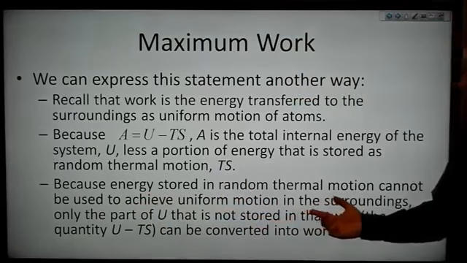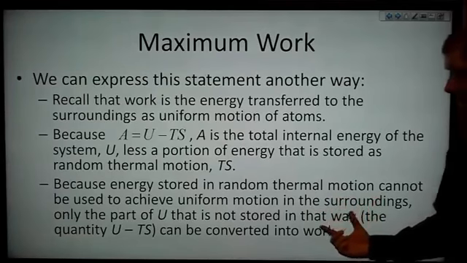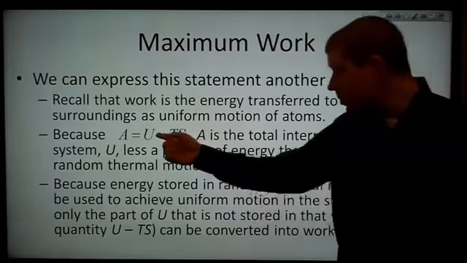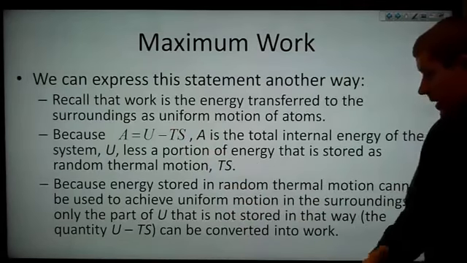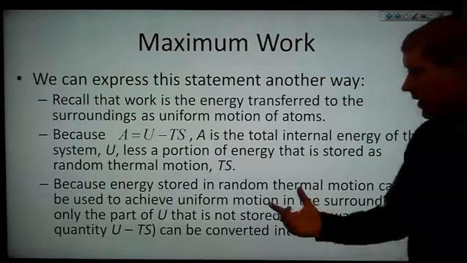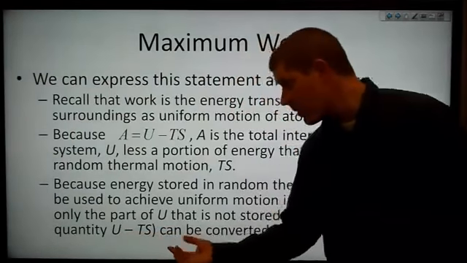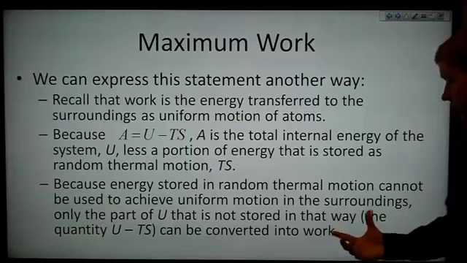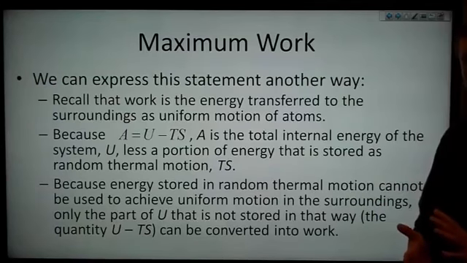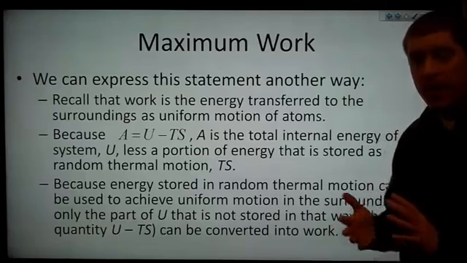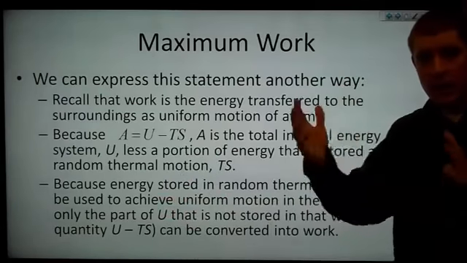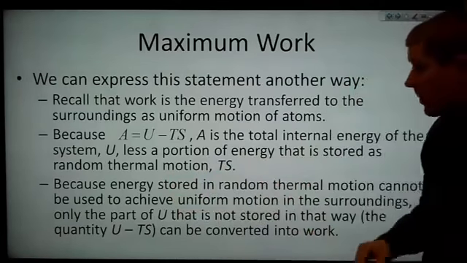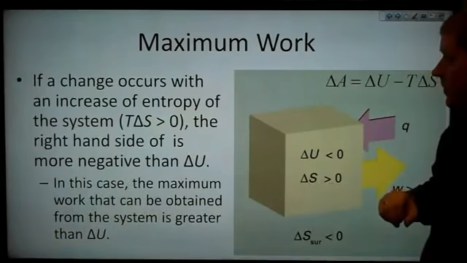And because energy stored in random thermal motion can't be used to achieve uniform motion in the surroundings, only the part of U, the internal energy, that is not stored that way, that's the quantity U minus TS, only that quantity can be converted into work. So any amount of energy that's stored in random thermal motion of the atoms can't be used to do work in the surroundings because that motion is in all directions randomly. We can only have the motion in one direction. Okay,